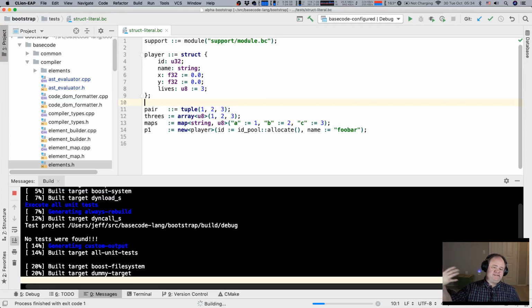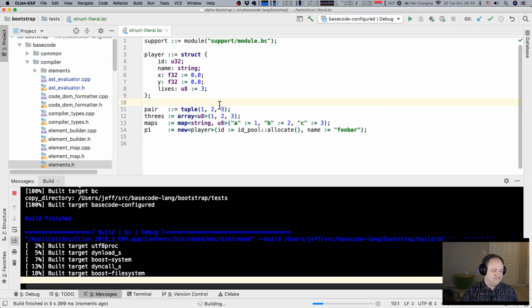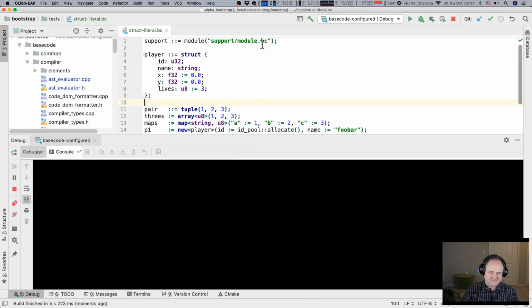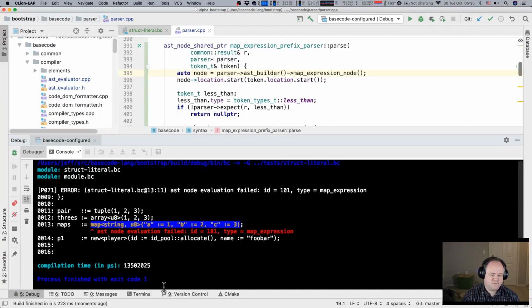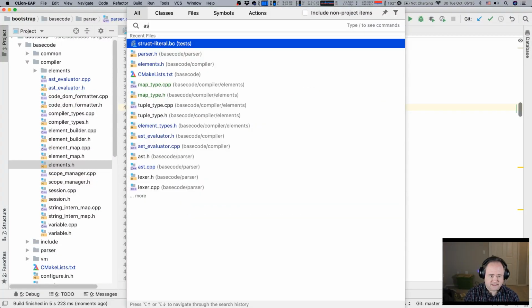Because tuple is making a type. What's goofy is it's making a type and an instance at the same time. That's what's different about it. Oh yeah. Yeah, see, I think I'm making a mistake there too. Okay, we gotta fix that. That's why it's not working. Yeah, I don't have map expression there yet. Okay, so let's do that.